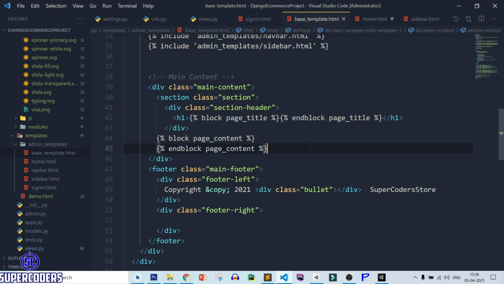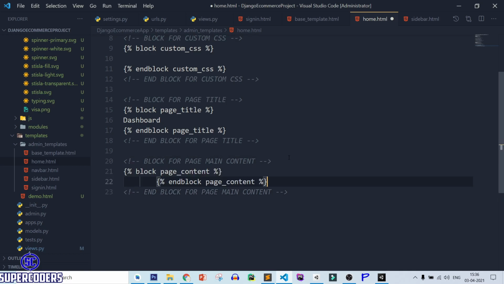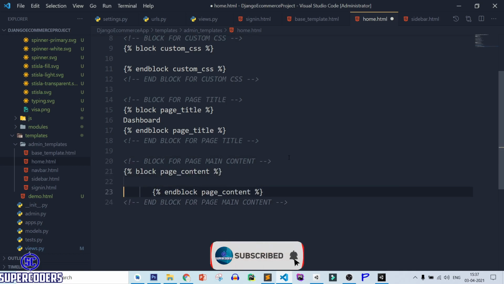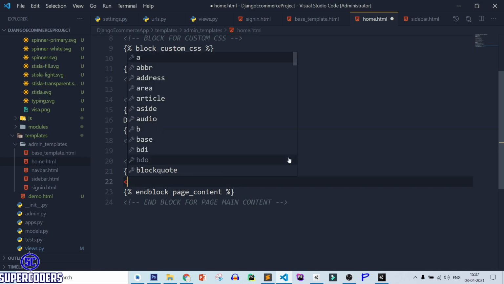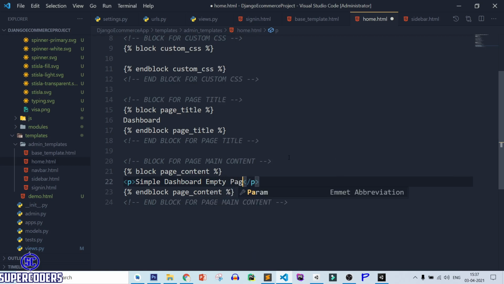Now after that let's see next part. So last part is our page content. Copy it, block for page main content. Close it, paste it, and let's simply add simple dashboard empty page.